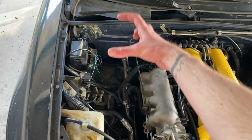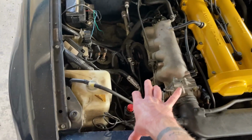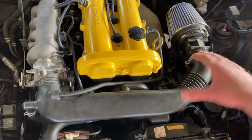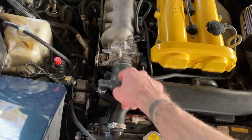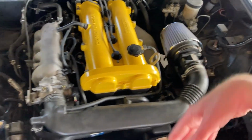And then that'll give me a spot to move my reservoir for overflow coolant back there. And we'll have my intake filter right here for now. Then, when we come to the turbo side, once you actually have a turbo in it, you'll have to have that intake air temp sensor right here, coming off of this throttle body. You don't want it too close to the turbo because it's going to be too much exhaust heat, and